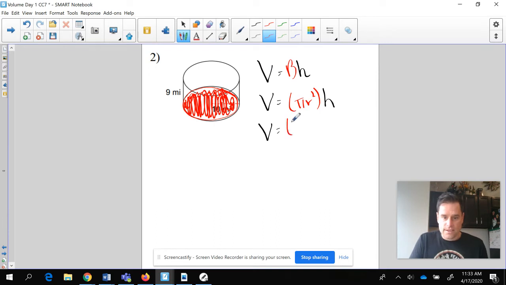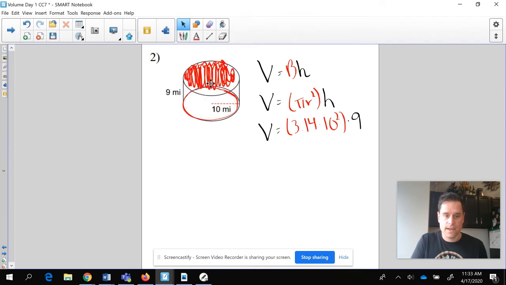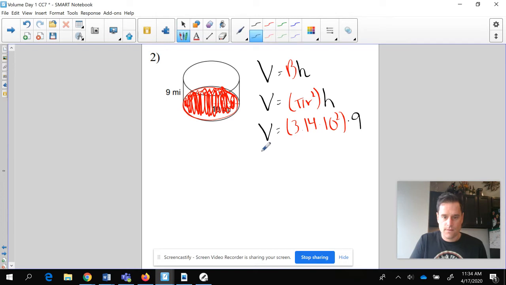So we're going to change that to 3.14 times the radius, which is 10, even though I hit it. It's kind of like covered up, times the height. The height is 9. The height from top to bottom is 9. And again, it's the height from this base to this base. Volume equals,